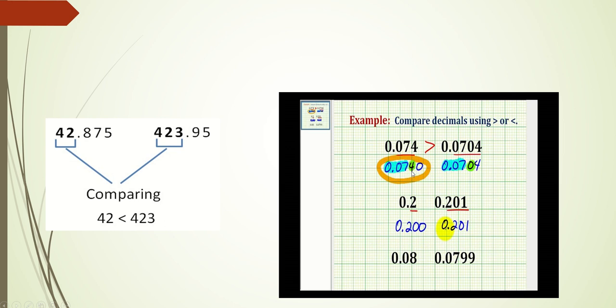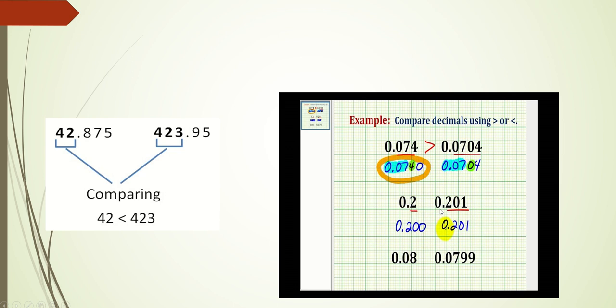Next step is compare 1000th place. So 1000th place I have 4 here, and in right hand side I have 0 at 1000th place. I think you got your answer. 4 is bigger than 0. Just by checking this, you will put the sign of greater this side. So answer would be 0.074 would be bigger than 0.0704.